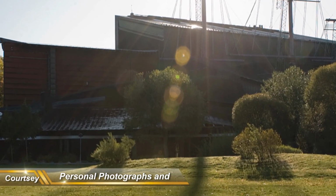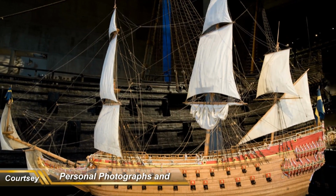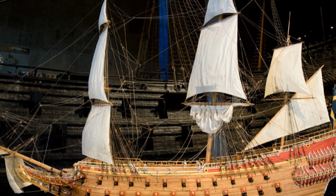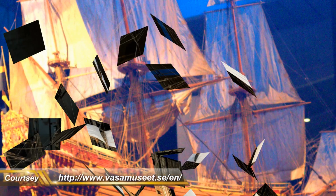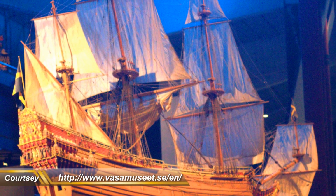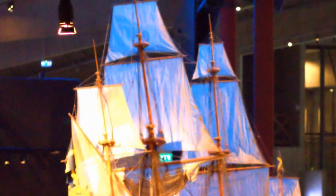It's a summer day in Stockholm in the year 1628, and the new ship Vasa departs on her maiden voyage. 1,000 oak trees, thousands of men, and 3 years' hard labour have created this pearl of the Swedish fleet. A light gust of wind, and then...